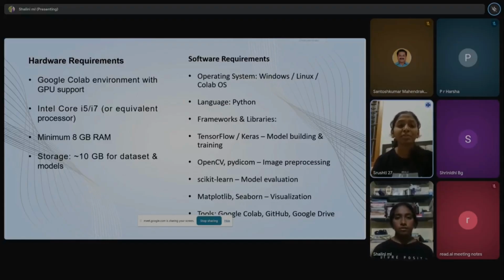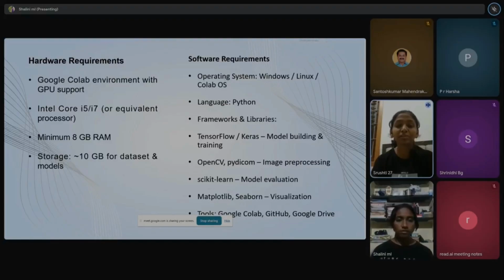On the software side, we have the operating systems Windows, Linux, and Colab. The project runs on Windows. The language is Python, and we use Python 3.12.1. And the frameworks and libraries are